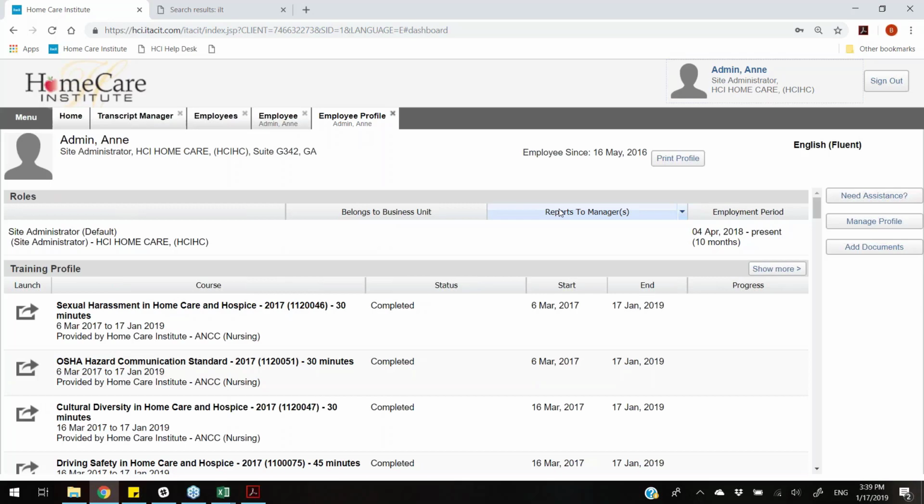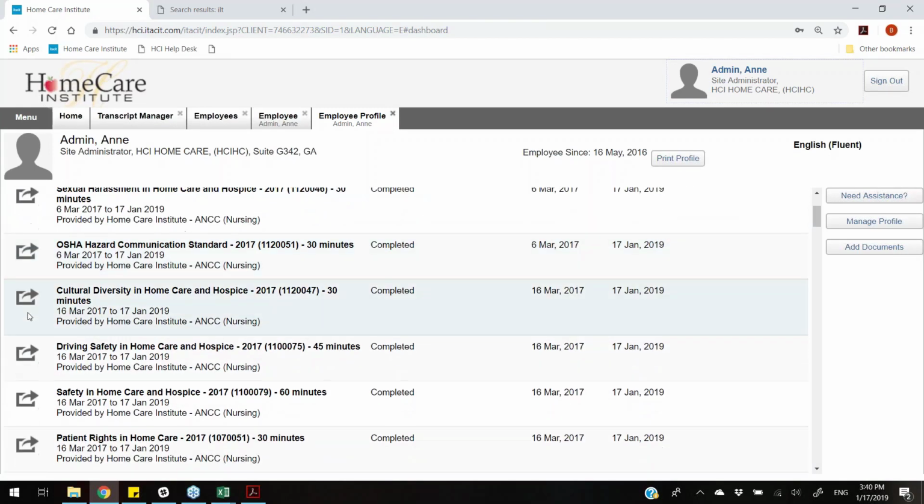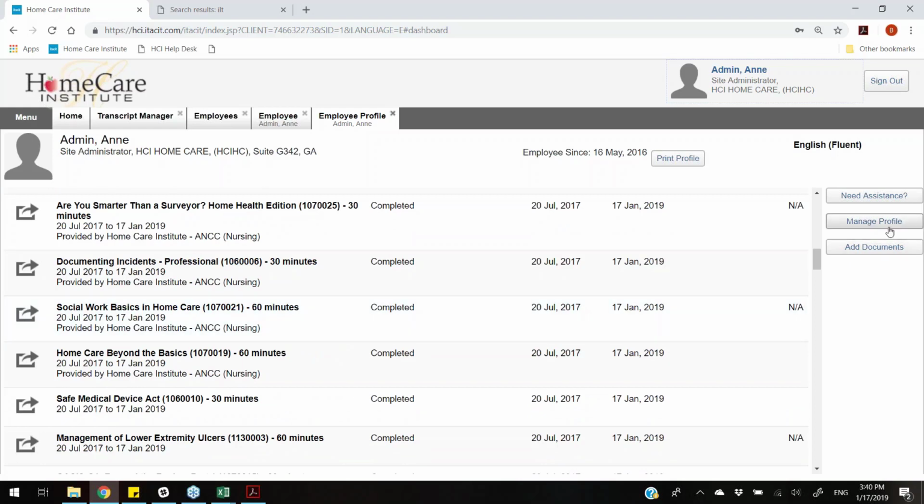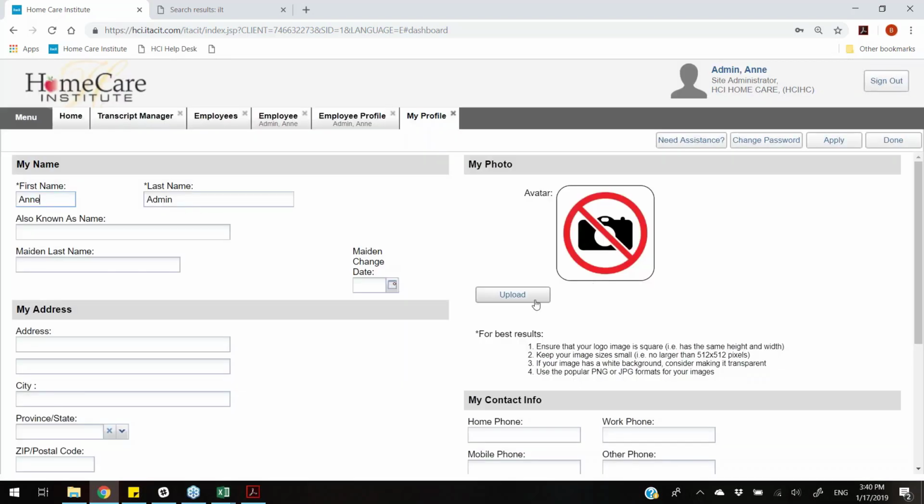Every user has access to this page. This is their own training profile, so they can launch courses directly from here. It's just an alternative to using the dashboard. They can also manage their profile, so they can actually upload an avatar,